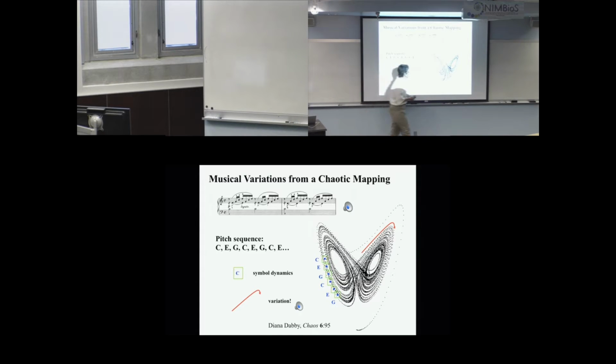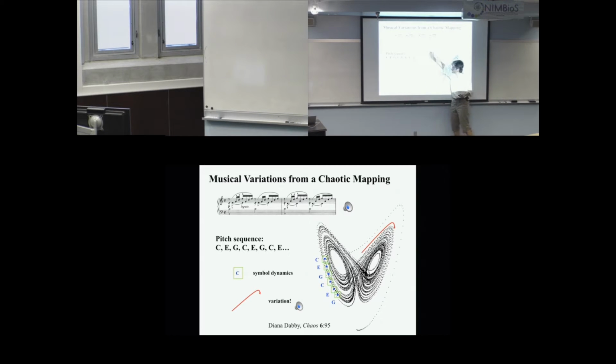And then take a chaotic attractor. Doesn't matter which one. We're not saying that the music is being modeled by the chaos. It's just a blender into which we're going to throw the musical piece. And assume that the musical piece, which for the one I've chosen has all the notes the same length, which we can talk about differently. And so take a point on the attractor and label it with the first pitch in the sequence, and then take however long it was till the next note, take that point on the attractor, label it with the second note. You see what she's doing here?